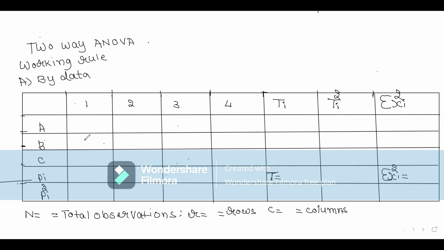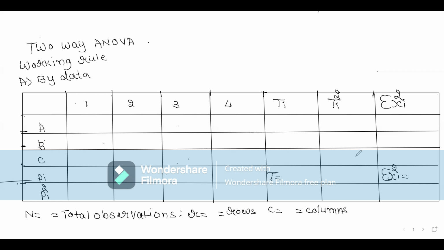And next for B, this plus this plus this plus this. This is the Ti. And take the square of this, you get Ti square. Again, this square plus this square plus this square plus this square equals summation of xi square. You can write here. Okay, for the C group, this plus this plus this plus this, you get the Ti. And the square of this, you get Ti square. You can enter here. And this square plus this square plus this square plus this square equals summation of